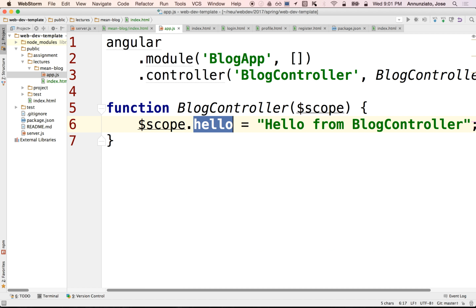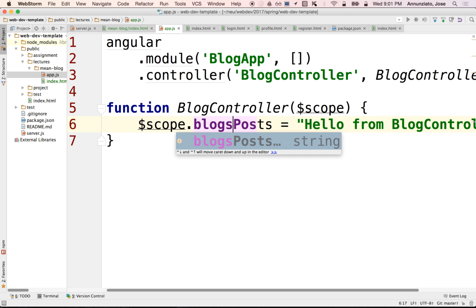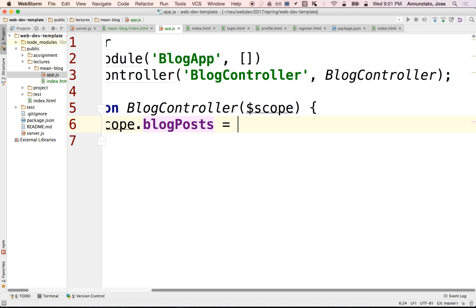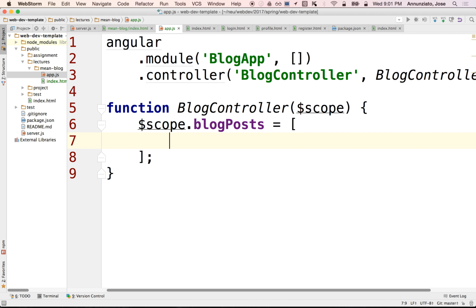That's too trivial. Instead, let's do something a little more interesting. We'll say $scope.blogPosts, and instead of being just a plain old string, we're going to make it an array. This array is going to have object instances, many object instances, and each object instance is going to have a title,